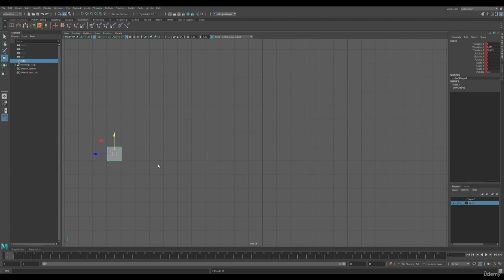So, in frame 1, I've saved a position of my cube being on the left side of my screen. Before continuing on, we should turn on an auto key option, which is here in the right corner next to our timeline preferences. The auto keying is turned on when the button is red. So now if we go to another frame, let's say the last one, and move the cube to the right side of the screen,